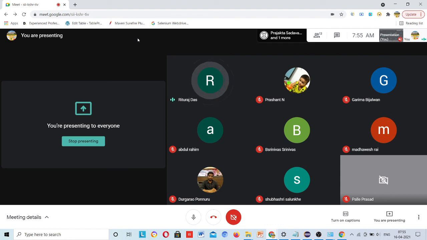Yeah, we started first with the main program only. Maven programs can be run using that, but there is no meaning in doing that.